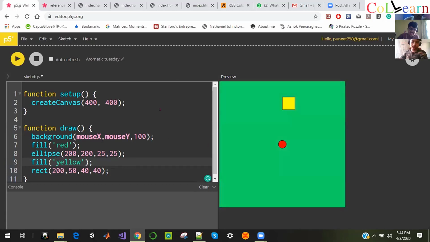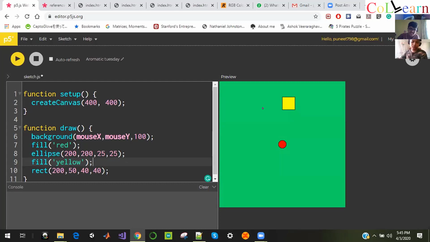But you might see that when we made the ellipse it was perfectly in the center, but when we made the square, it is not in the center. It's somewhat aligned on the right. Are you able to see it?